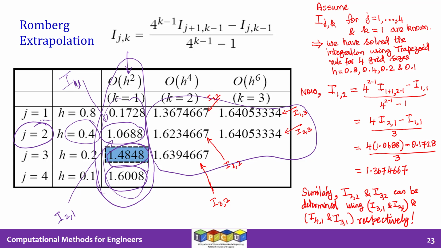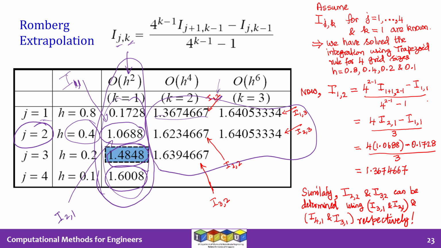The first row, and we are looking for k equal to 2, the second column, which is the Simpson's rule column. So if you put i equal to 1 and j equal to 2, you are getting I1,2 equal to something. So we will get a value for this number now. I1,2 comes out to be: wherever k is there, I put 2, because we are looking at k equal to 2. Wherever j is there, I put 1.